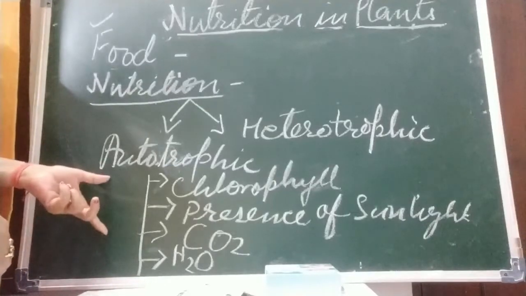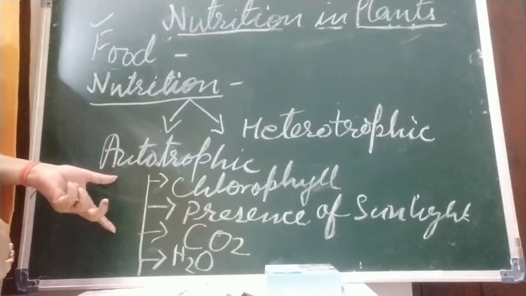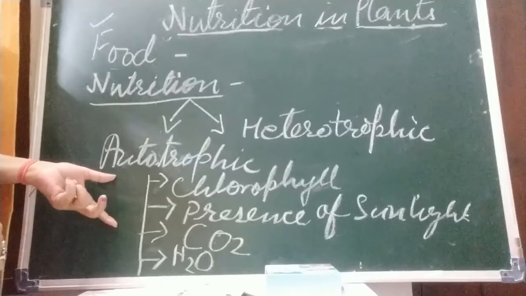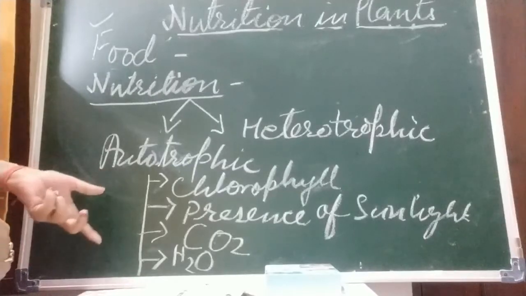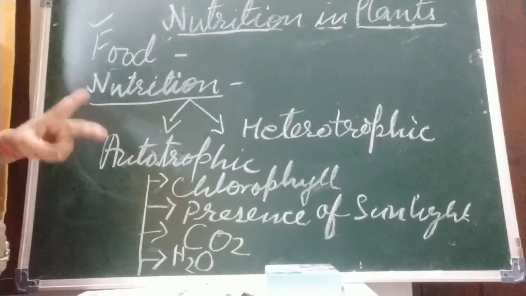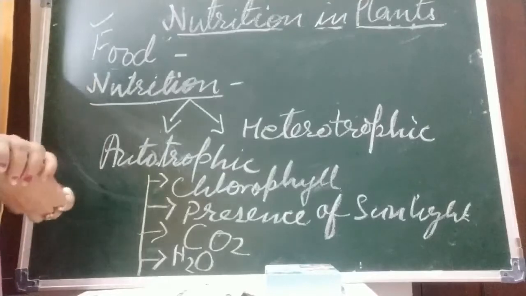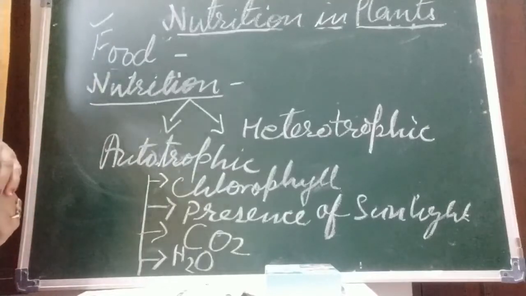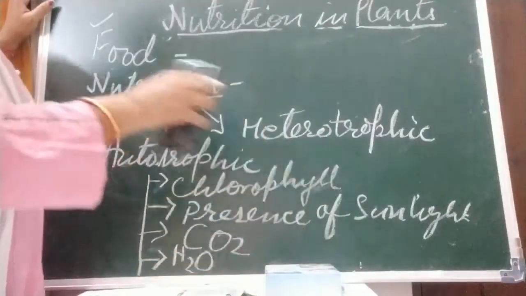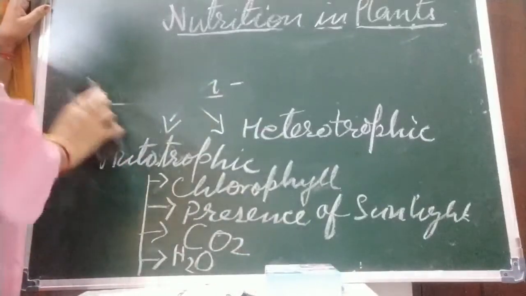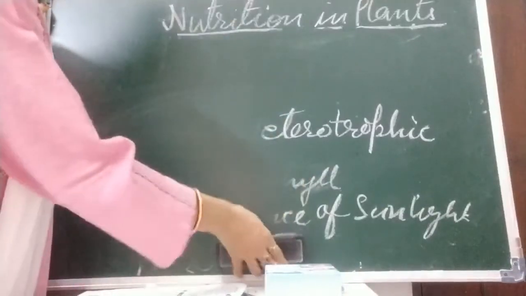The plants that have green pigments are able to photosynthesize, and this type of nutrition is called autotrophic mode of nutrition. Children, two activities are given in this. First is how to do the starch test. Children, how are we going to do the starch test? I am going to tell you.